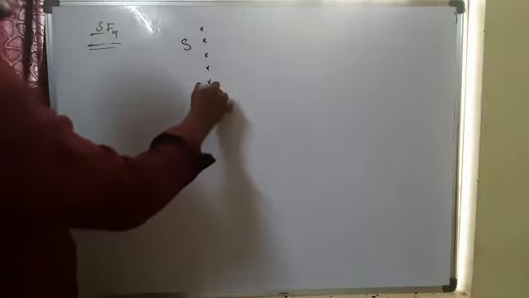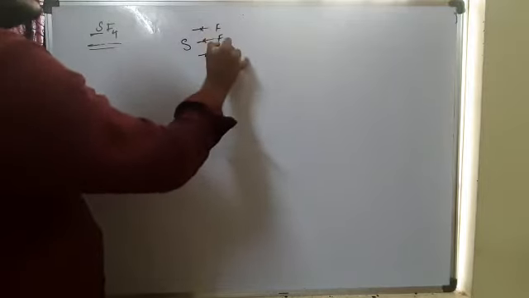The central atom is the sulfur, since the atom with fewer atoms is generally the central atom. First, sulfur belongs to which group? Sulfur belongs to the sixth group, so write 6 valence electrons, 1 2 3 4 5 6. There are 6 valence electrons, and there are 4 fluorines.